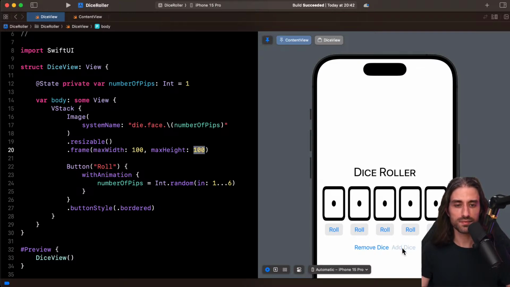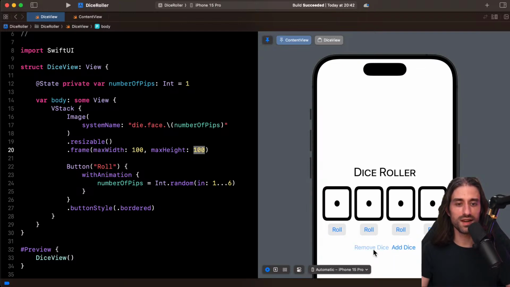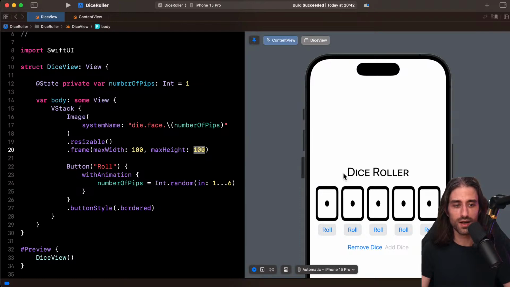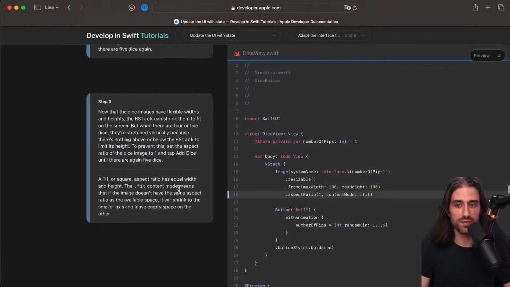And they say, try to add more. You can see that now they all fit. They just don't preserve their aspect ratio because here, since there isn't enough space to fit enough squares, it's more like they don't have enough space to fit 100 of width, but they do have enough space to fit 100 of height. So the width gets compressed, but not the height, hence the lack of the square aspect ratio. Maybe we try and fix this.